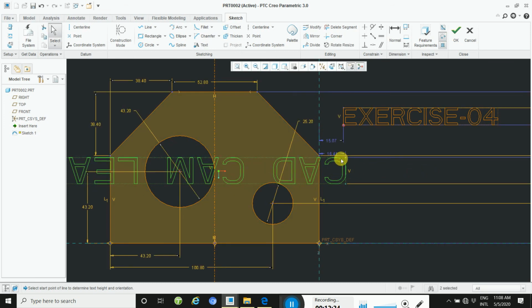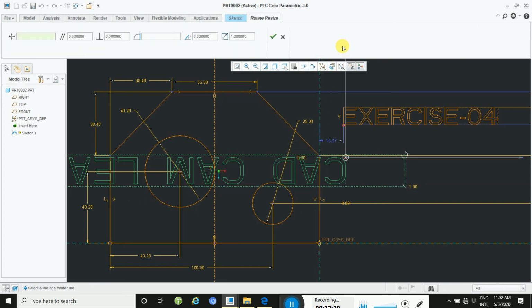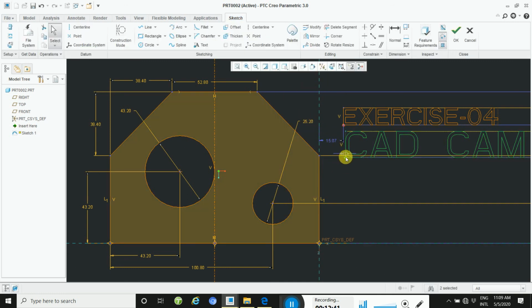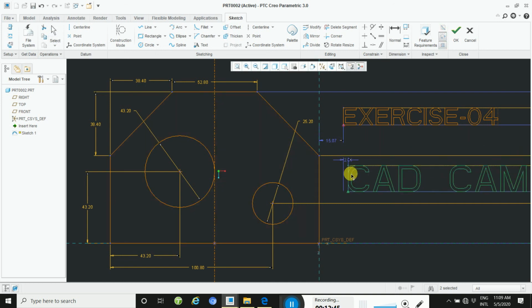Click here and go through rotate and resize, and then apply this 180 rotation. And then this way you will resize.